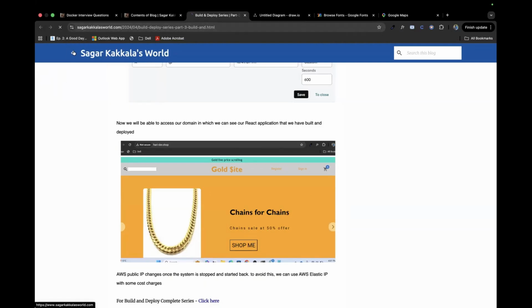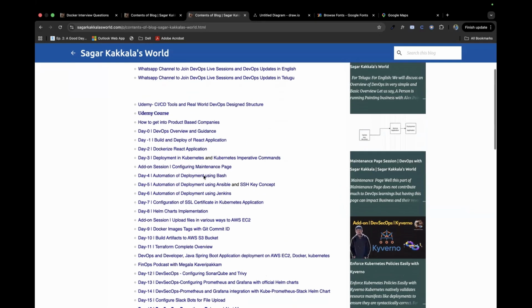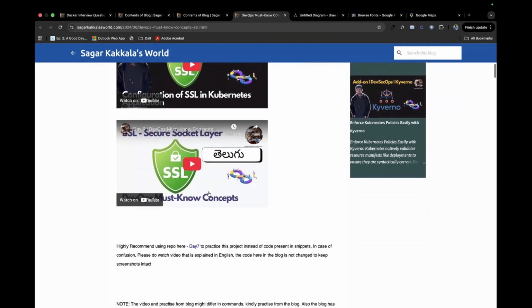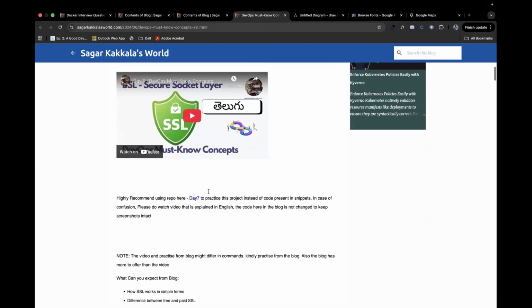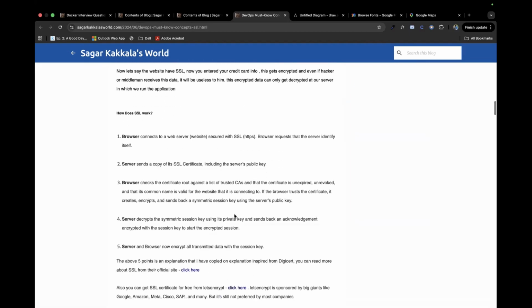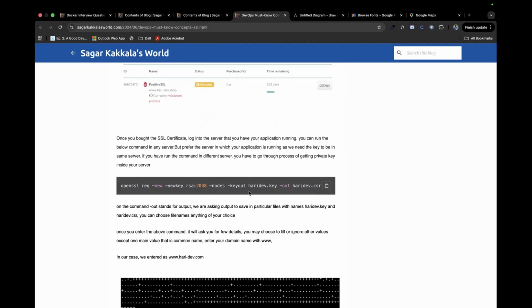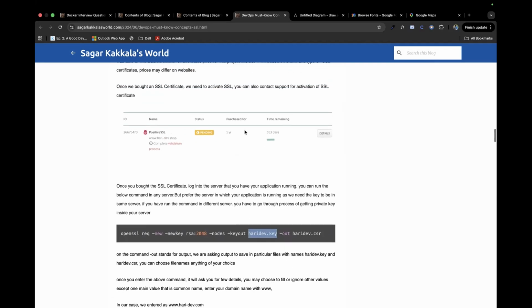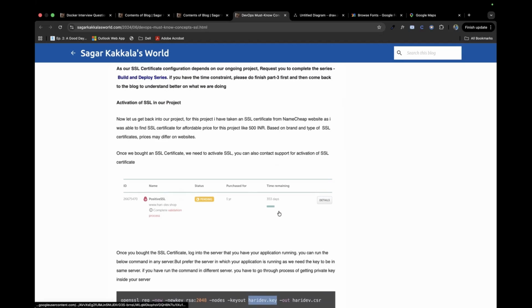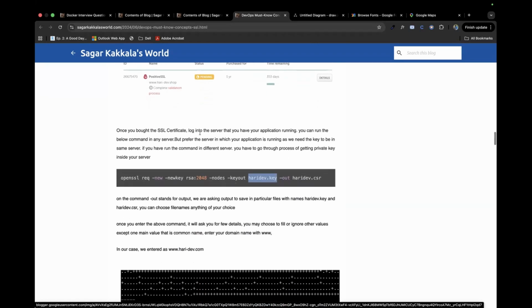To get this SSL, this is just a different concept from Kubernetes. To drop SSL here, you have to create a CSR and SSL, as I explained here. You create a CSR with a private key, and the SSL domain provider gives you a certificate for that CSR.